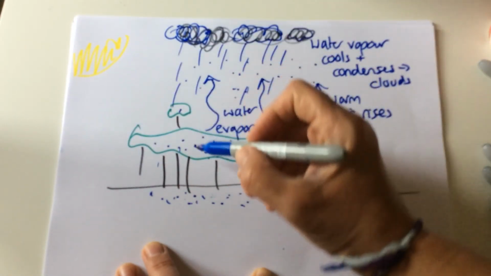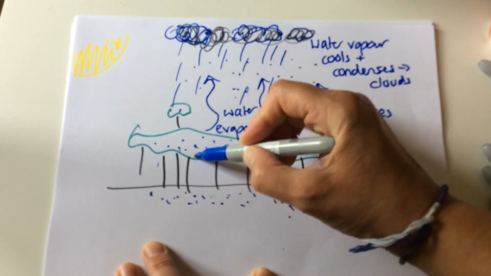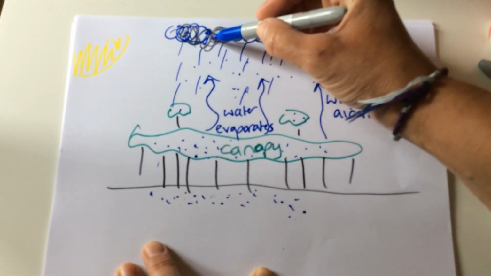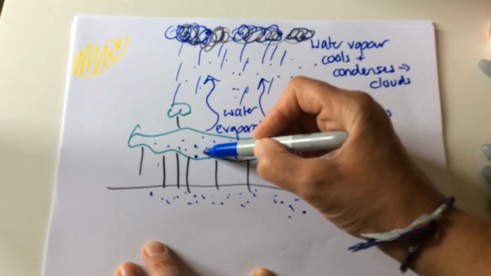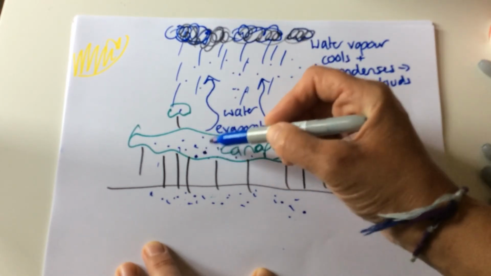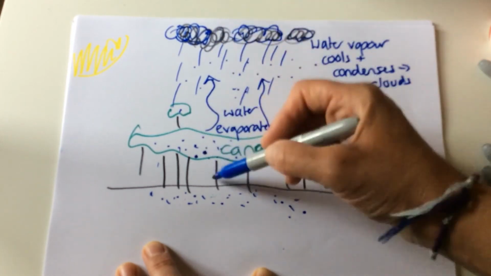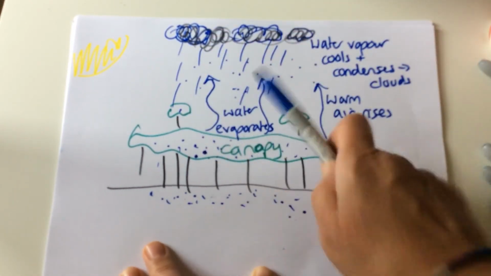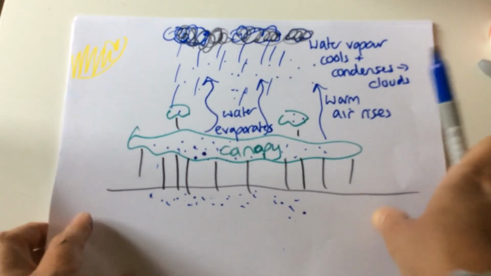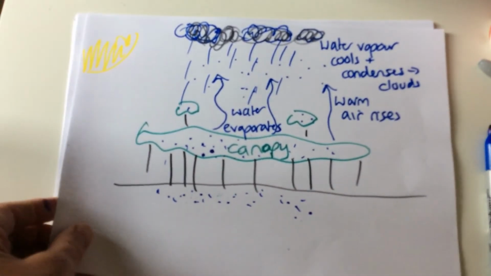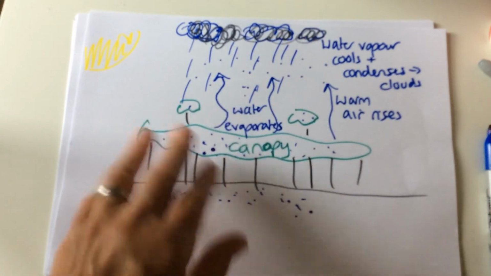So one molecule of water can be here, it can rise up, be part of a cloud, get rained back down, held back in the tree. Next morning, evaporated up it goes. And that's what happens. Now, all of this is massively significant because if we take away the trees,